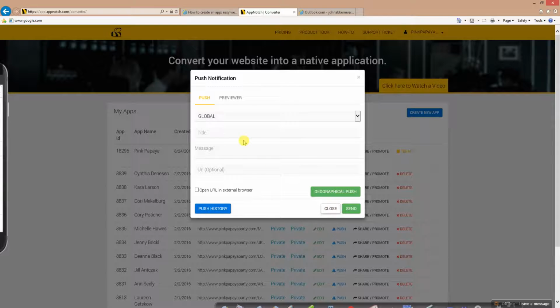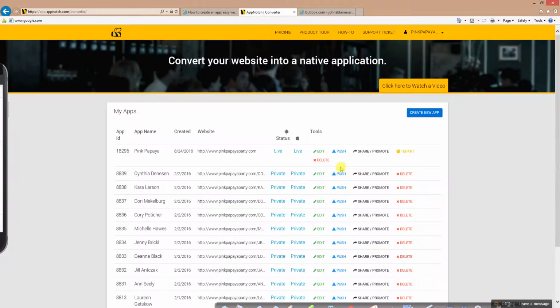I'm going to close back out of that. You'll put your title in, your message, and a URL. We'll go over more how to send a push notification. You'll send that out, and that'll go out to everyone globally. You can share your app, which will give the links via text or email, or you can go to Tenant